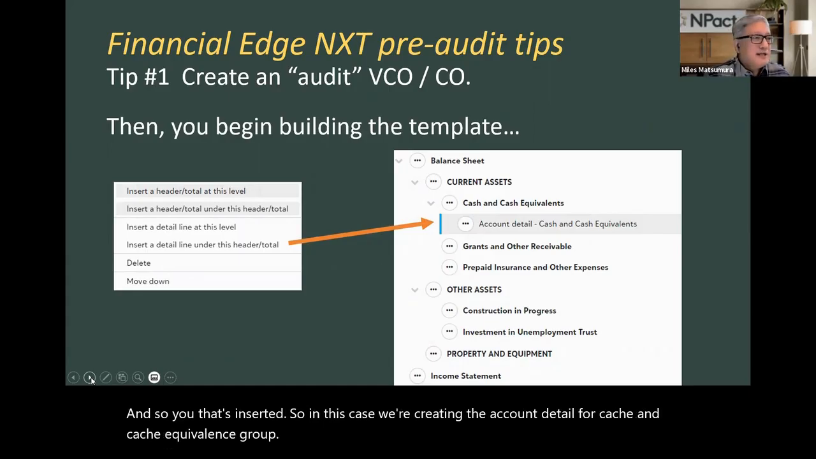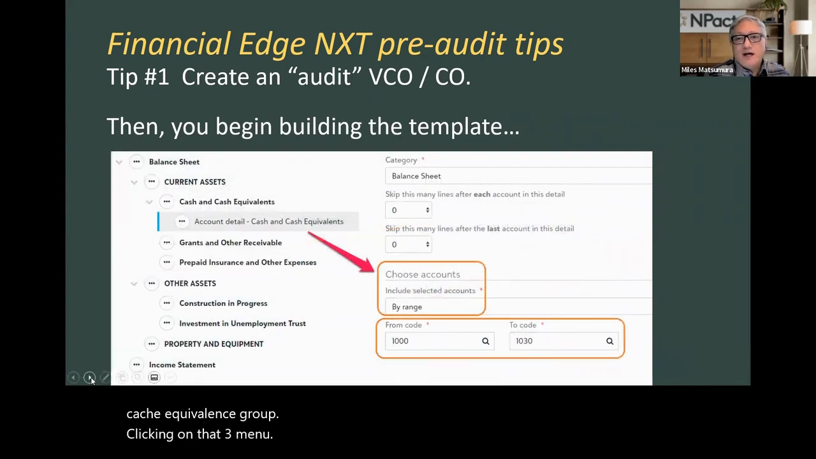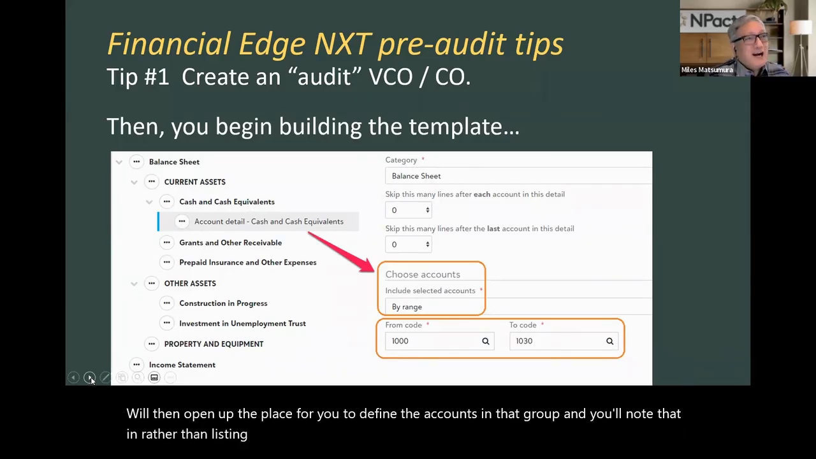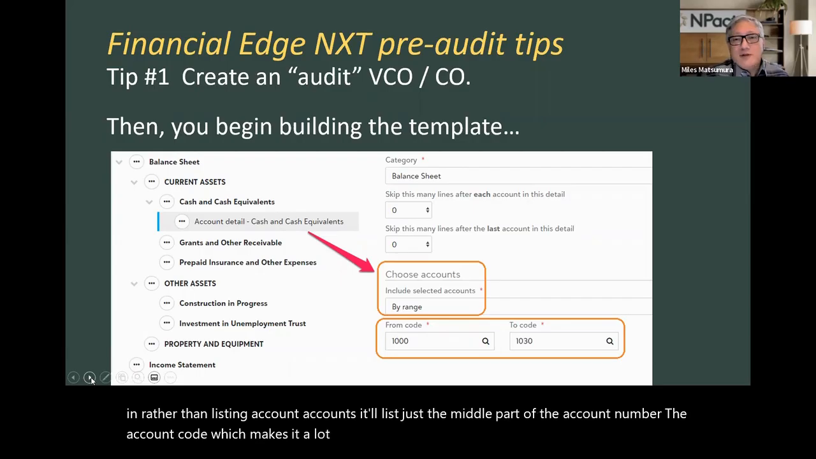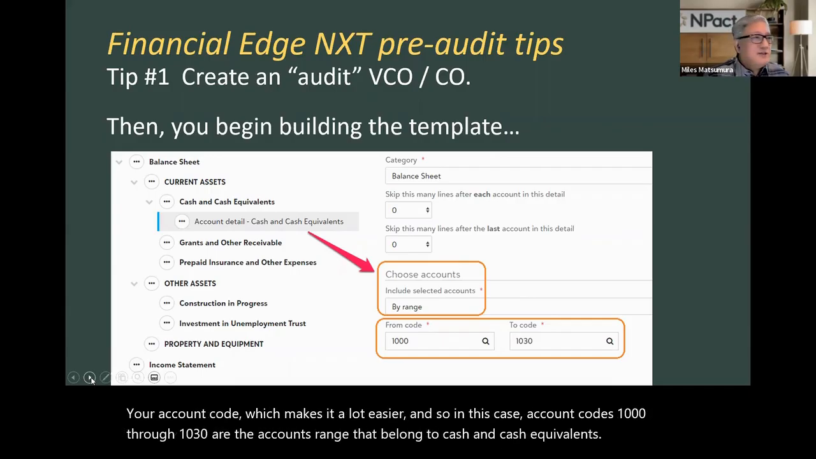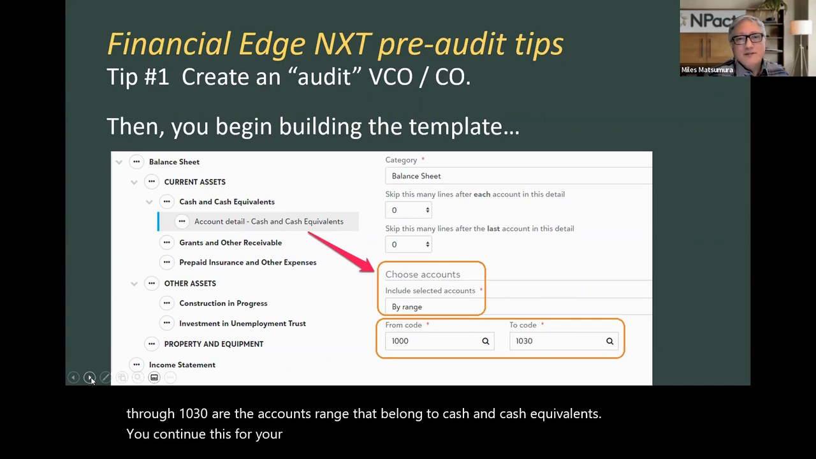Clicking on that three-dot menu will then open up the place for you to define the accounts in that group. And you'll note that rather than listing accounts, it'll list just the middle part of the account number, your account code, which makes it a lot easier. And so in this case, account codes 1000 through 1030 are the accounts range that belong to cash and cash equivalents. You continue this for your next header, grants, the next header, prepaid insurance, and continuing on, construction in progress,